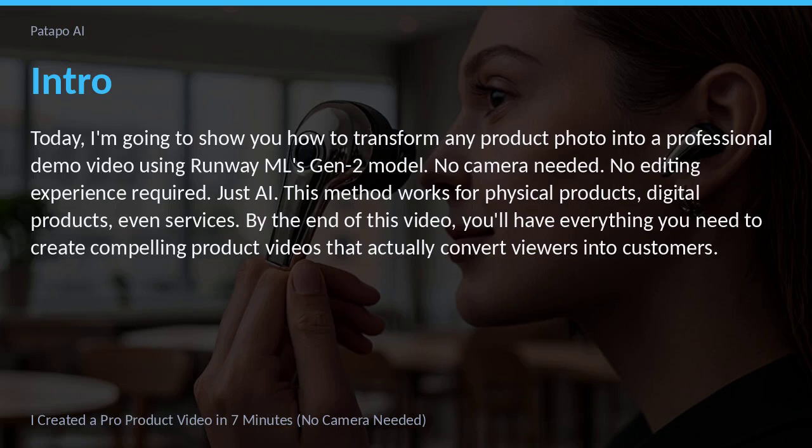Today, I am going to show you how to transform any product photo into a professional demo video using Runway ML's Gen-2 model. No camera needed. No editing experience required. Just AI. This method works for physical products, digital products, even services. By the end of this video, you will have everything you need to create compelling product videos that actually convert